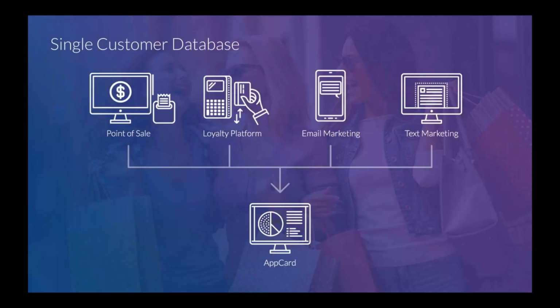AppCard will take current customer CRMs and upload them to the platform, and that will actually allow you to consolidate your customer list from your point of sale, from your current loyalty platform, email systems such as MailChimp or Constant Contact, and any texting service that you may currently use. Consolidating these CRMs will actually allow management the ability to manage all of your databases under one umbrella. No longer will you have to make a report in Retail Pro to segment your shoppers to then upload to a MailChimp or Constant Contact and really have no idea how effective that campaign is.